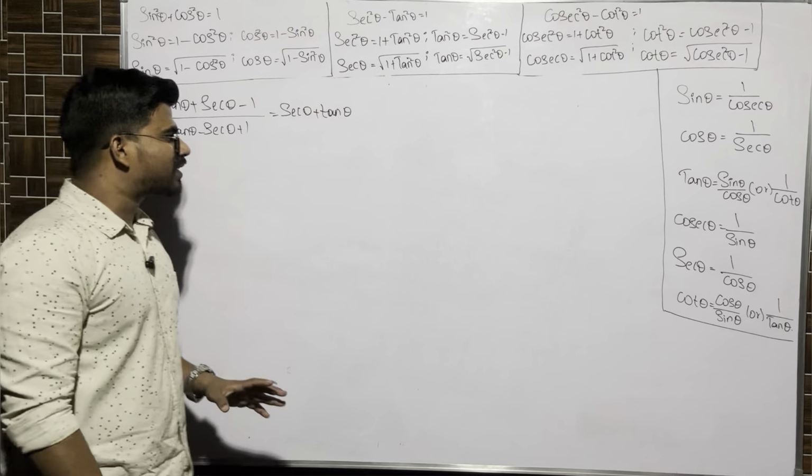So this is as it is, tan theta plus secant theta as it is, minus bracket open, secant theta plus tan theta into secant theta minus tan theta, divided by tan theta minus secant theta plus 1. Clear? So now this is one term. This is the first term. This is the second term. In both the terms, what is common? Secant plus tan can be taken as common.